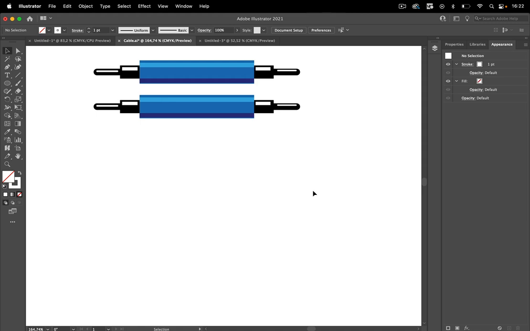In this video, we're going to take a look at brushes. To be precise, we're going to take a look at the difference between art brushes and pattern brushes. So let's imagine you want to draw a cable, and you can do that based on this base element using